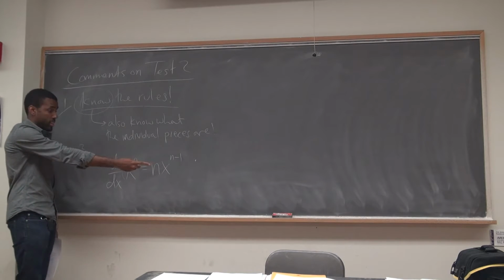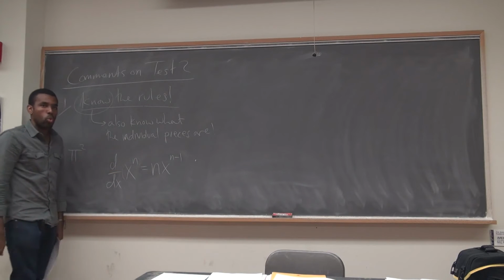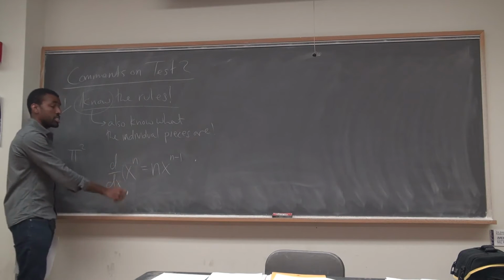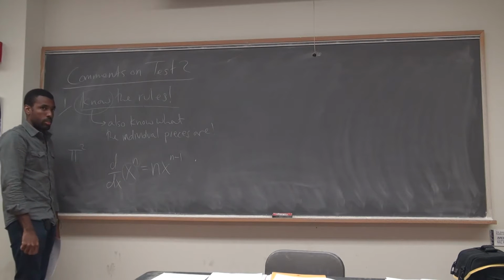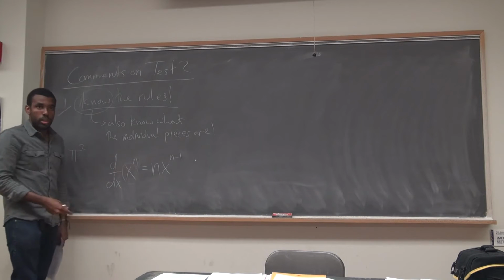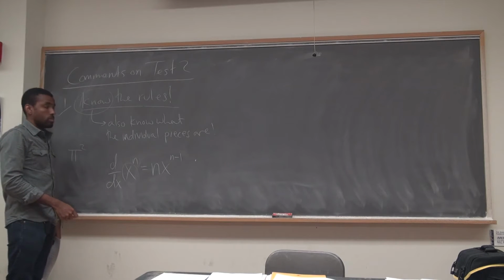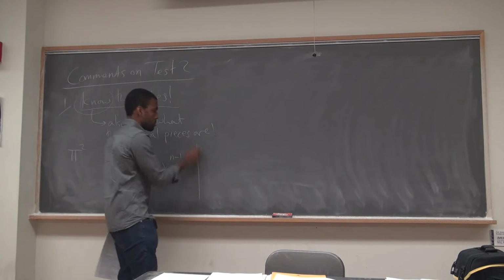Because I know this rule, I can write it down without thinking about it, but I also know exactly what everything I write down is. The base here is a variable, it is not a constant. The power is a constant. If this is not a constant, or that is not a variable, this rule does not apply. It's that simple. Yes? But I literally wrote down a times u to the a minus 1, and here it's n times x to the n minus 1. So what? Again, that's a different rule.